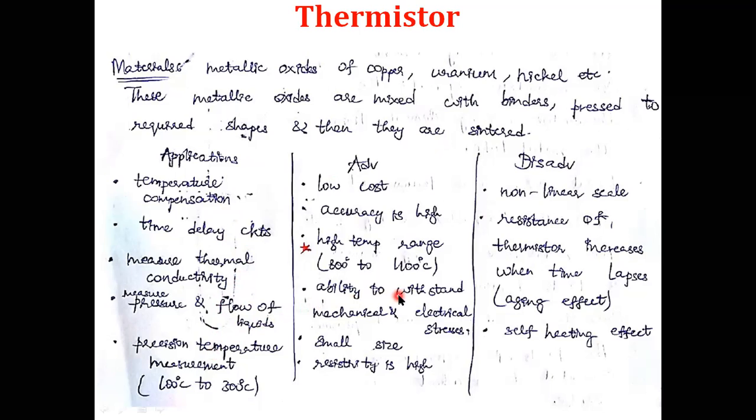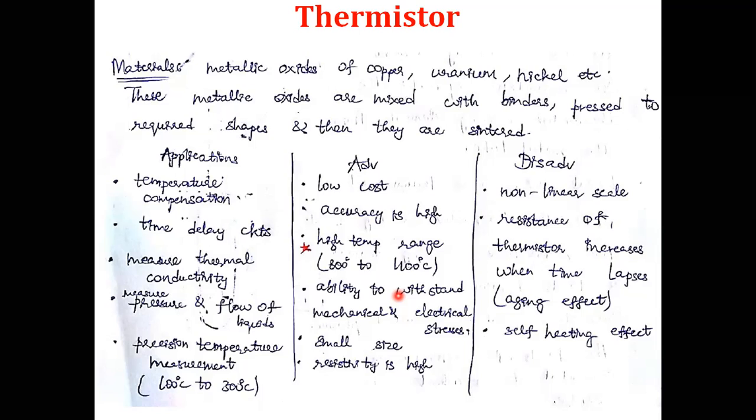Advantages of this thermistor are low cost, high accuracy, a wide temperature range of 800 to 1100 degrees centigrade, ability to withstand mechanical and electrical stresses, small size, and high resistivity. And disadvantages of this thermistor are a non-linear scale, and the resistance of the thermistor increases when time lapses,